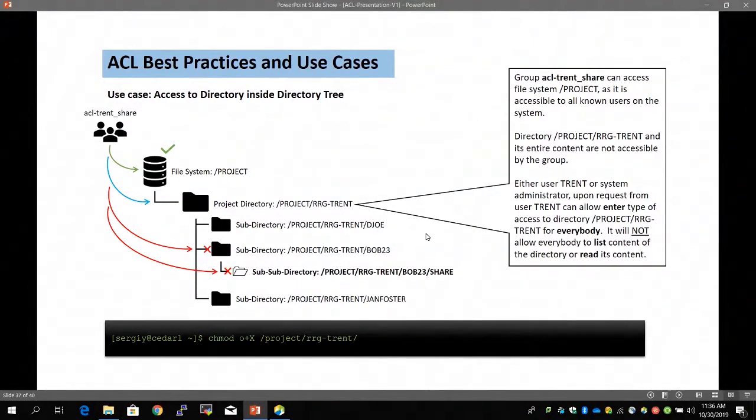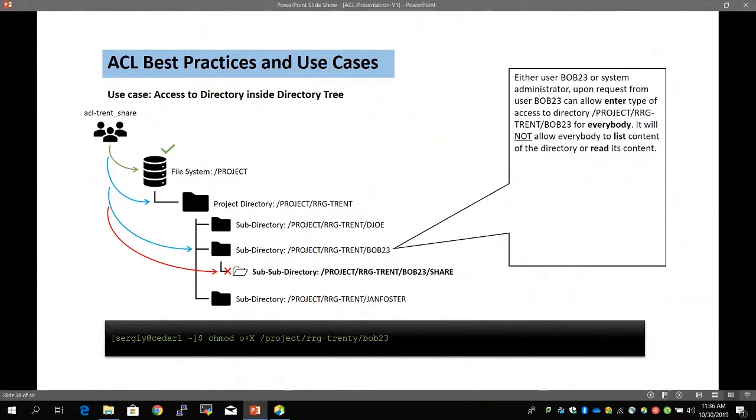Bob23. The same command allows everyone access to the user directory Bob23 within the RRG Trent directory. So the same rule applies. Entry access allows only entry to the directory, and does not allow access to data within the directory. And now, with this resolved, we can apply the ACL command to a directory, changing everything within it